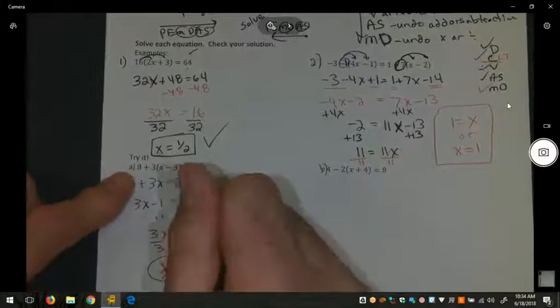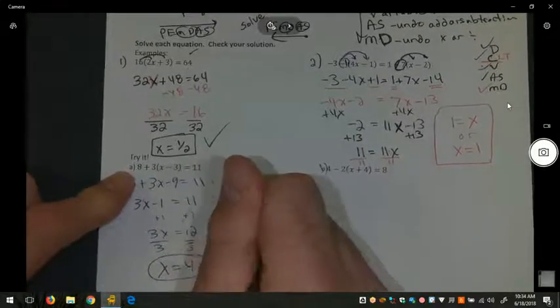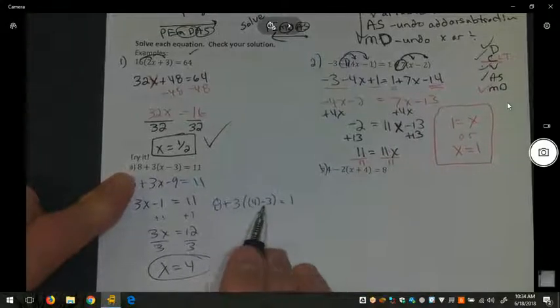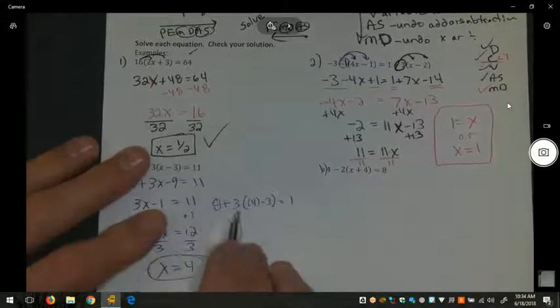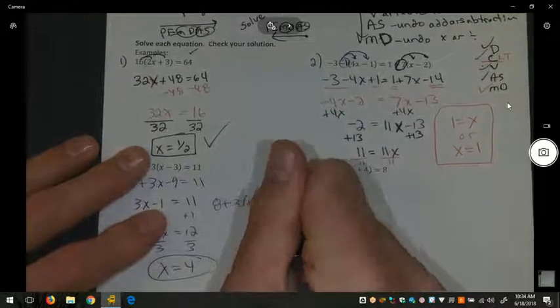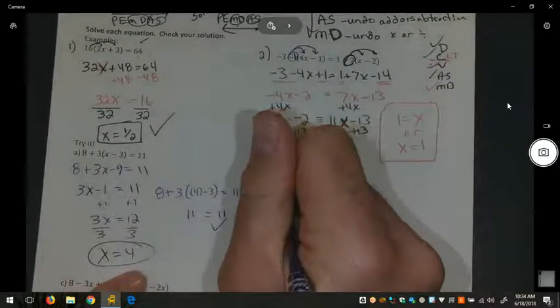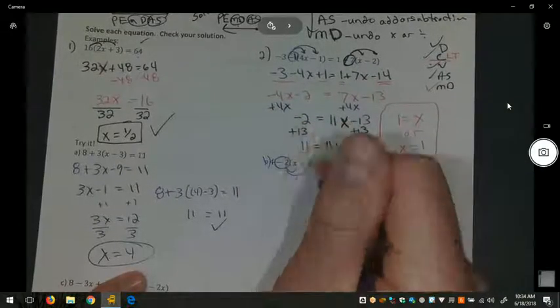We plug it back in. 8 plus 3 times 4 minus 3 should equal 11. This is 1 times 3 is 3. 8 plus 3 is 11. So it's correct. On this one, we take the negative 2 and we distribute to the x and the 4,